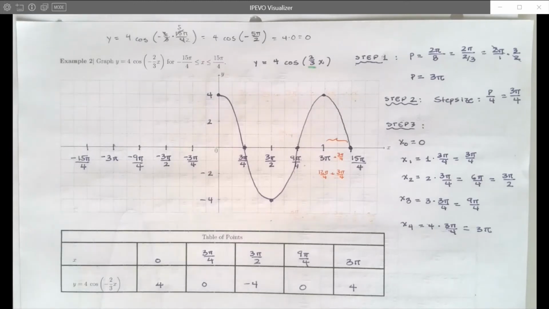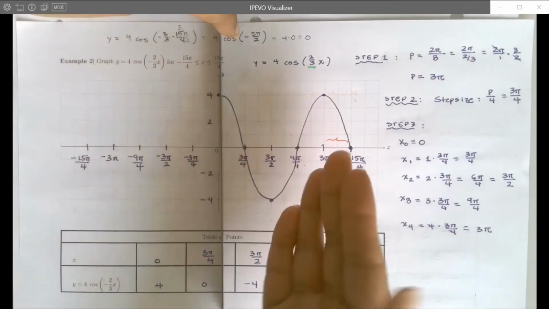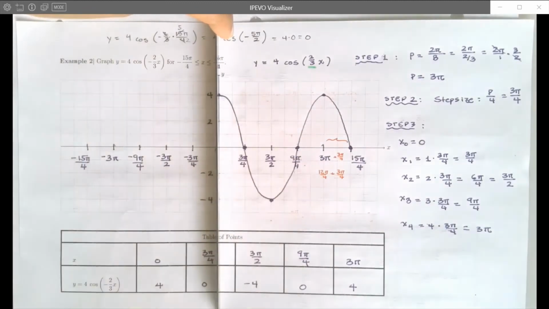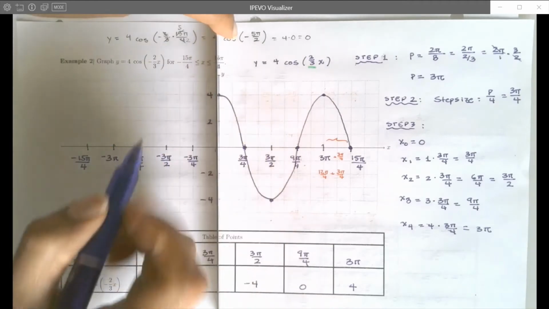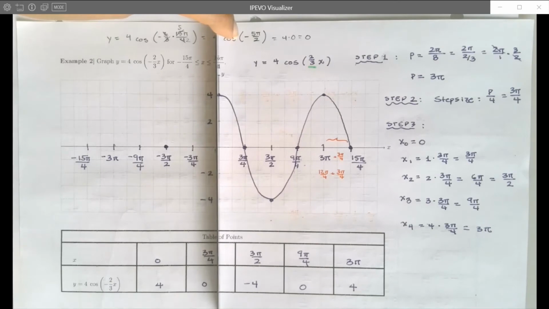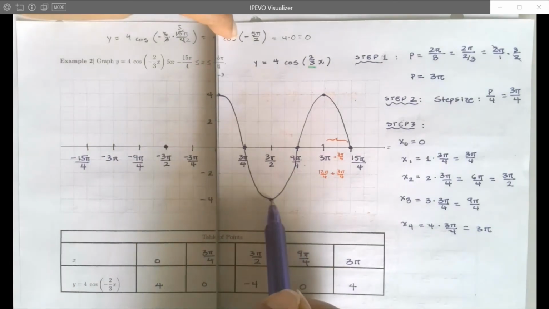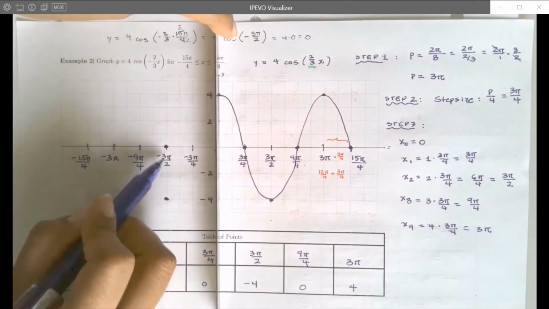Okay, then what? Well, then we remember the symmetry of cosine. Cosine, we said, is an even function, and any even function reflects about the y-axis, meaning there are mirror images, the left-hand side and the right-hand side. So if we use this as a mirror, that means that the point 3 pi over 4, 0 is going to reflect to negative 3 pi over 4, 0. The point 3 pi over 2, negative 4 is going to reflect over to negative 3 pi over 2,